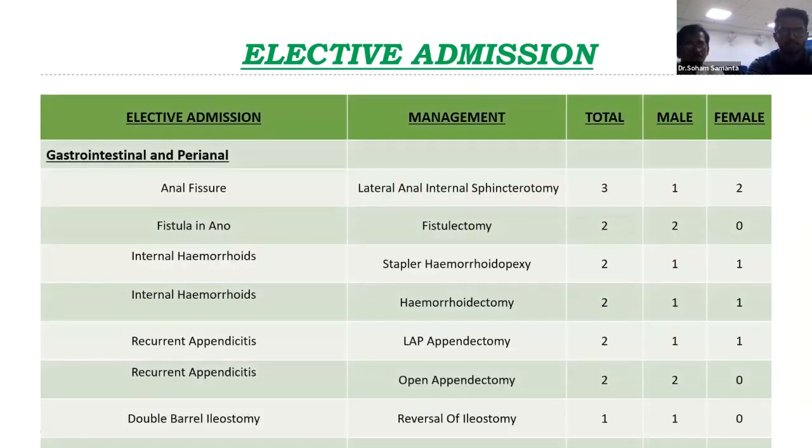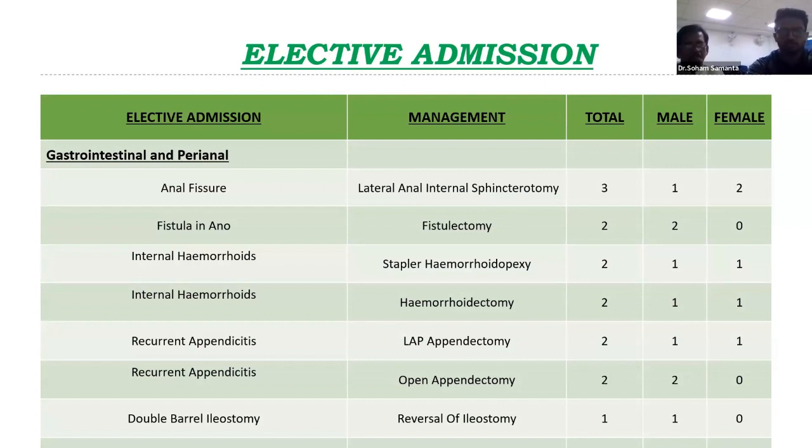In gastrointestinal and perineal surgeries, 3 cases of anal fissure for which lateral internal sphincterotomy was done, 2 cases of fistula in ano for which fistulectomy was done, 2 cases of internal hemorrhoids for which stapler hemorrhoidopexy was done, 2 cases of internal hemorrhoids for which hemorrhoidectomy was done, 1 case of recurrent appendicitis for which lap appendectomy, 2 cases of recurrent appendicitis for which lap appendectomy was done, 2 cases of recurrent appendicitis for which open appendectomy was done, and 1 case of